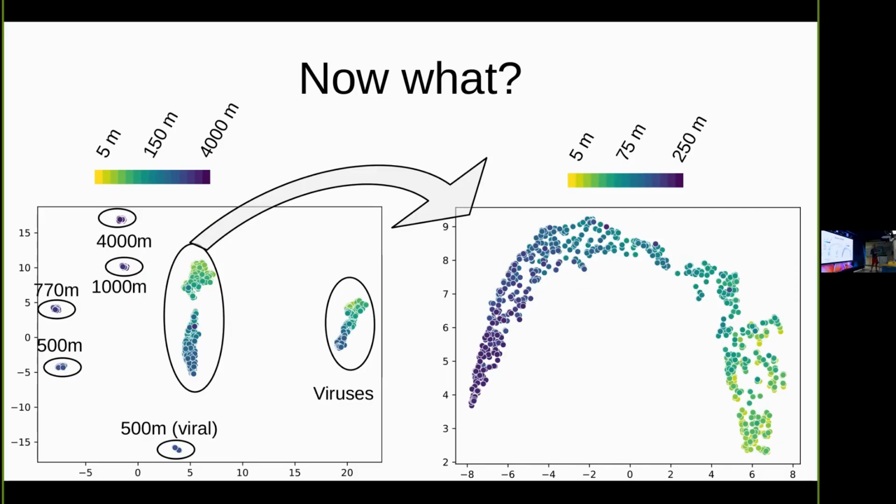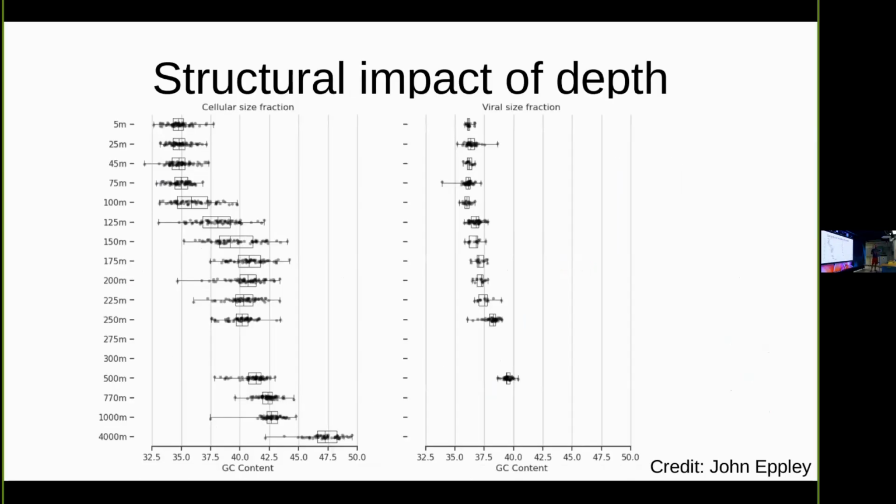And I think that's nice because it's showing that the gene contents of our samples continuously adapt to the depth. On depth, there is also one nice result we have, which is the structure of the genes. If you remember, the genes are composed of A, T, G, and C. And if you focus on the GC content of the genes we have in our sample,